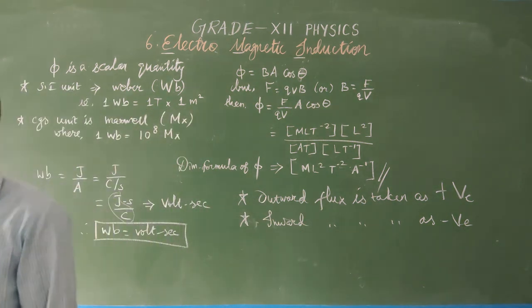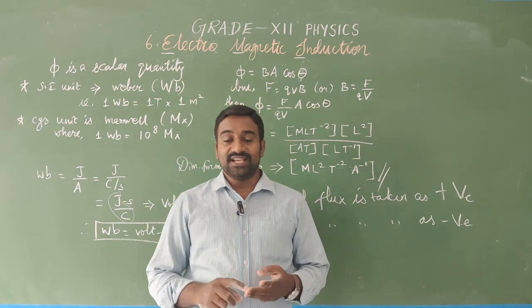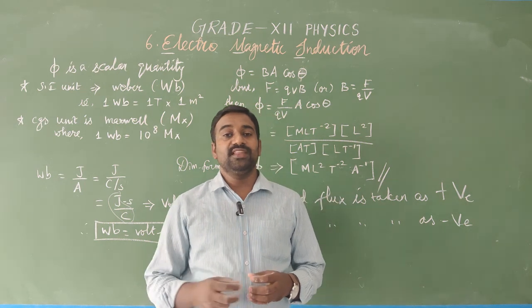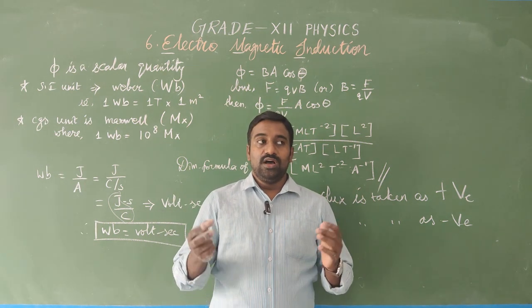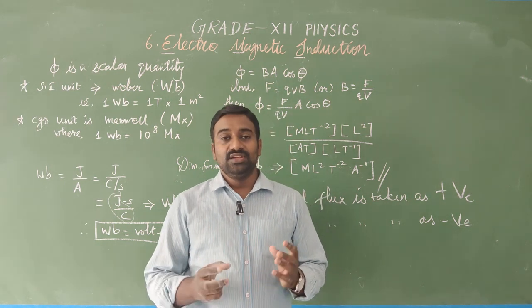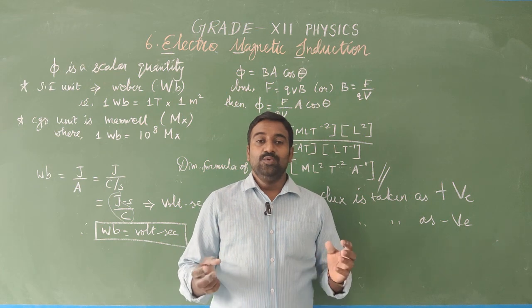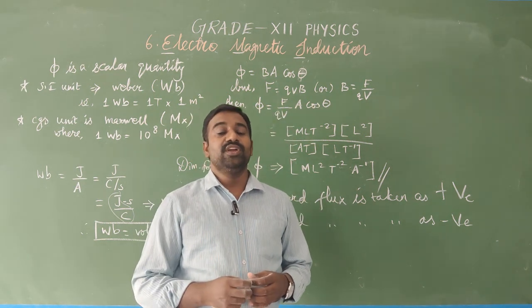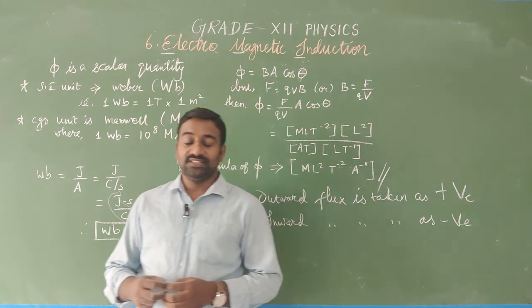The next, we have experiments. There are three experiments, Faraday's and Maxwell's experiments. From the experiments only we are going to define the phenomenon of electromagnetic induction. What are the things they changed, by changing the coils and magnets and some other factors, and how they defined electromagnetic induction. In the next class we are going to discuss Faraday's experiments. Thank you.